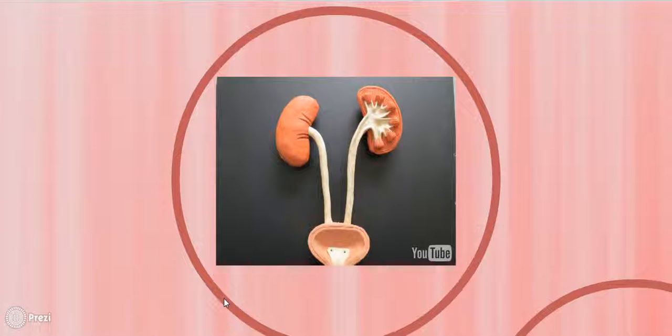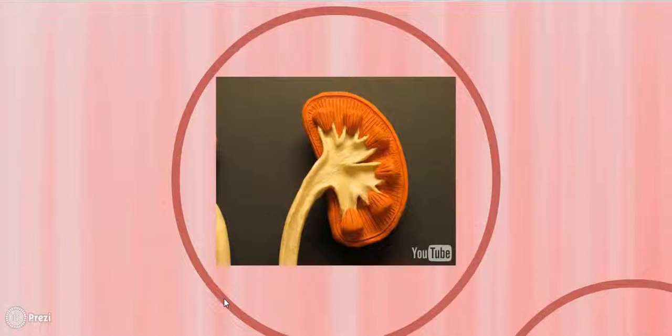Our kidneys serve our body by filtering our blood, removing waste products and regulating fluid levels. The kidneys produce urine to help remove these waste products. The main parts of the kidney consist of the capsule,